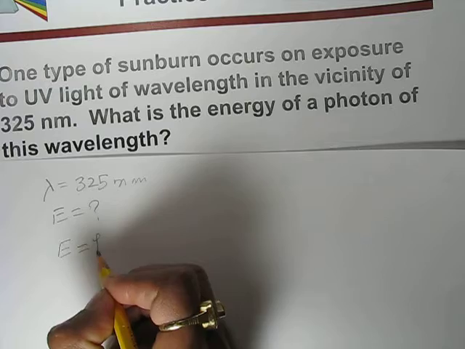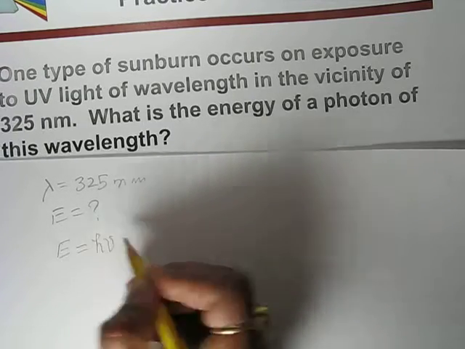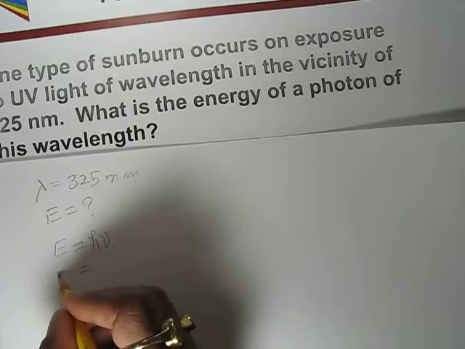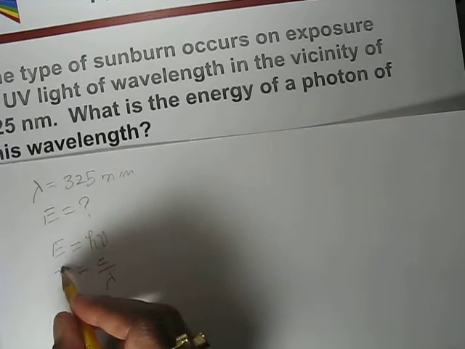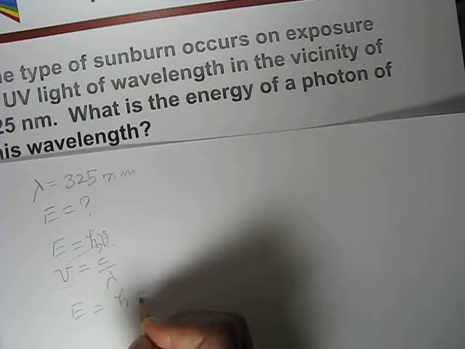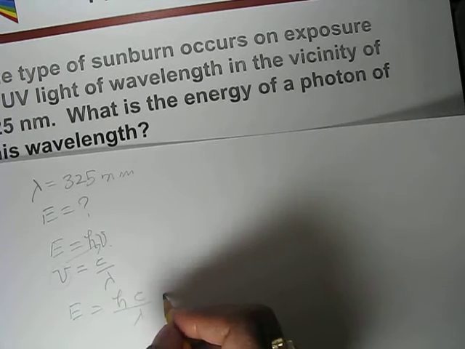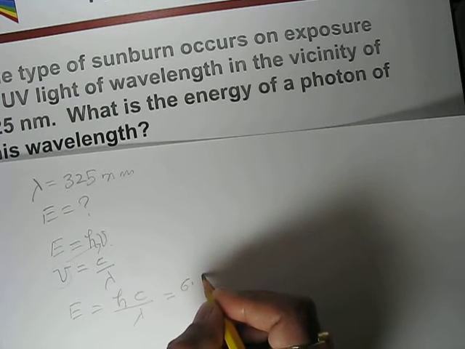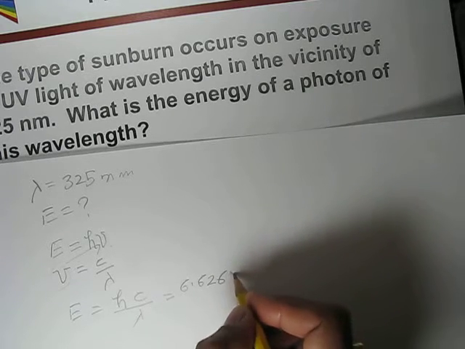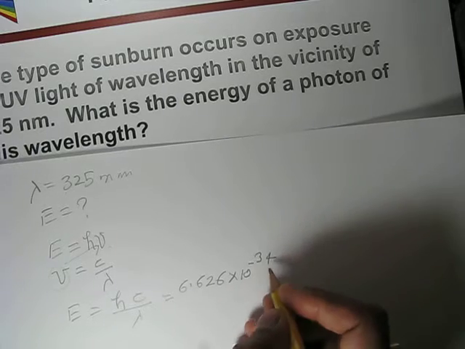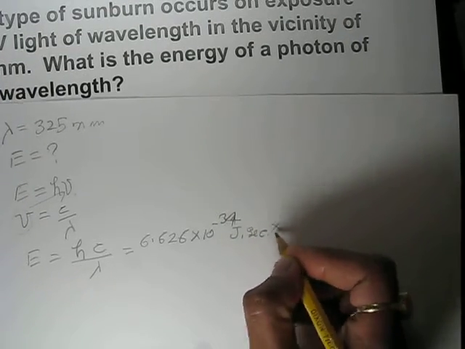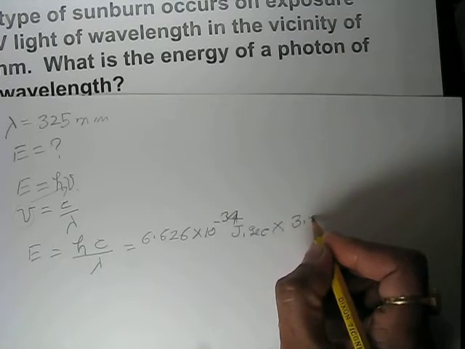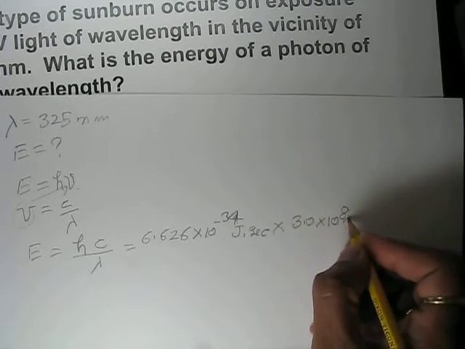E is equal to h nu, where nu is the frequency, and we know that nu is equal to c over lambda. So we can replace this nu value here. So energy will be equal to h c over lambda, where h is the Planck constant and its value is 6.626 times 10 raised to power minus 34 joule second. Then c is the speed of light, which is 3.0 times 10 raised to power 8 meter per second,